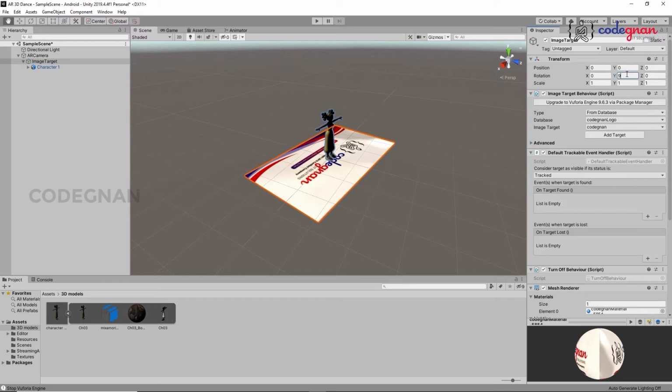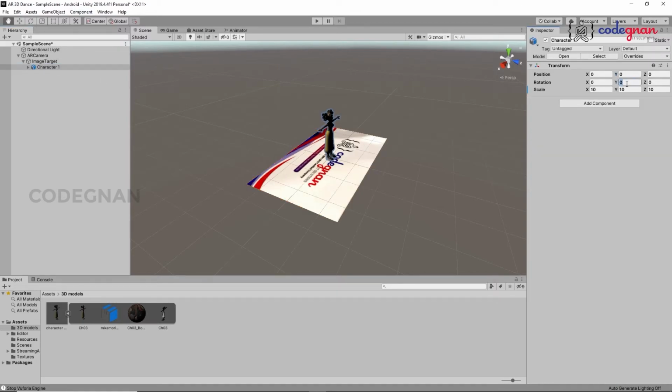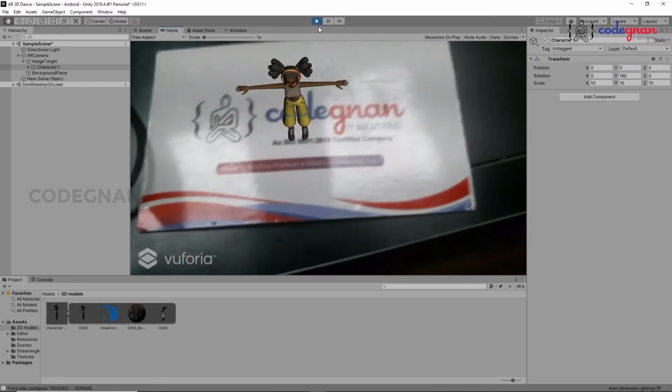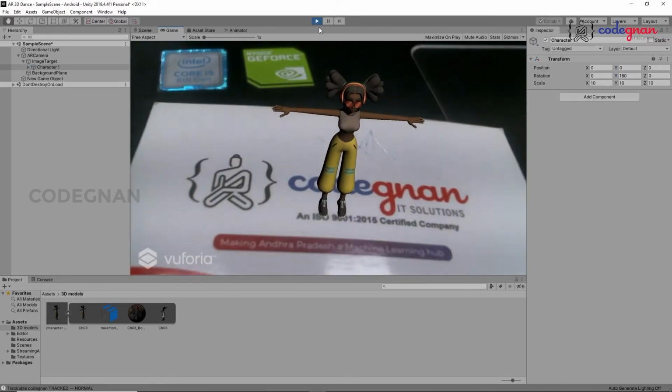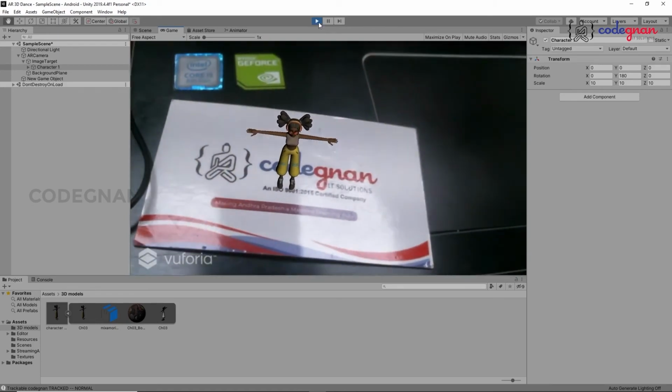So let's check. It's 90. Yeah, the camera image is changing. Select the 3D model. In that, change it to 90 degrees, but it has to rotate somewhat more. So make it 180. Yeah, it changed like this. Again, scan the image target and check whether it is good or not. Yeah, it was good, but we can increase the size somewhat here.